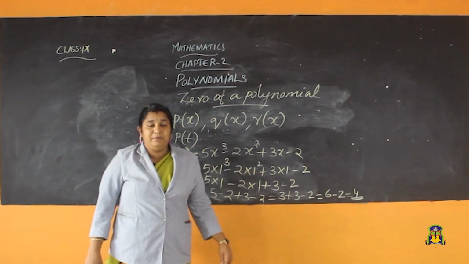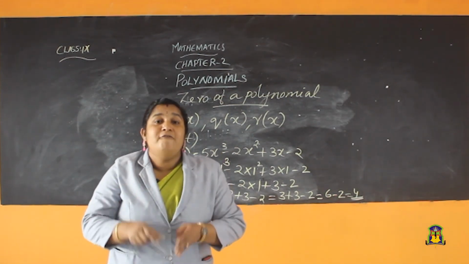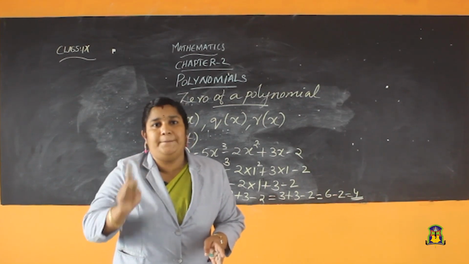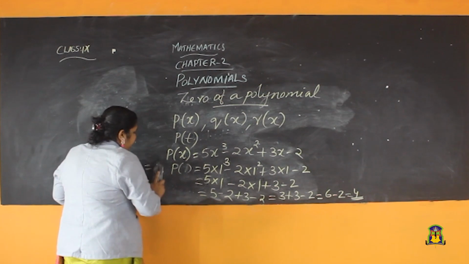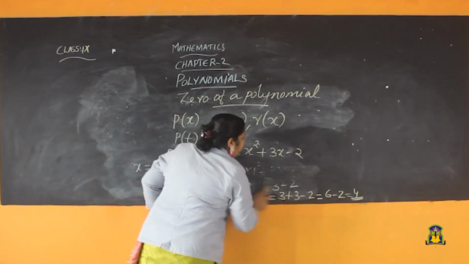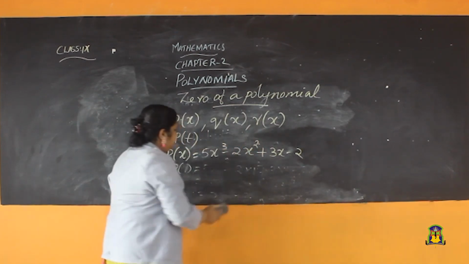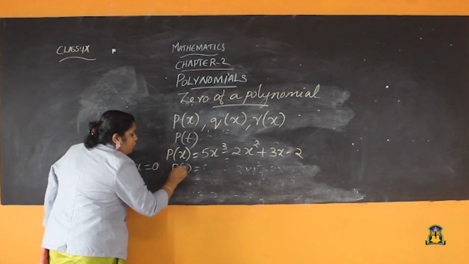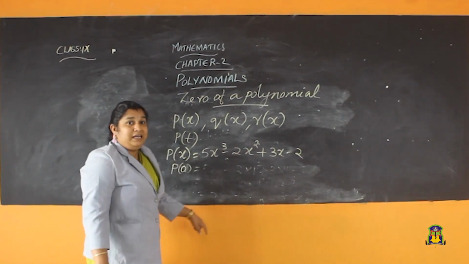4. That means if we are applying some value for x, in that polynomial wherever x is there, we have to put that number instead of x. For example, here itself I am going to use x is equal to 0. The same polynomial I am taking and writing x is equal to 0. Then what do we want to write? P of 0. That means wherever x is there, we want to put x as 0.